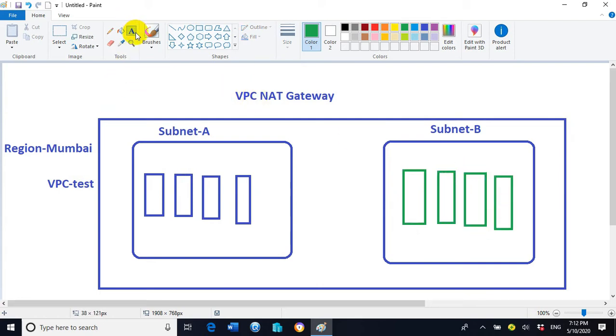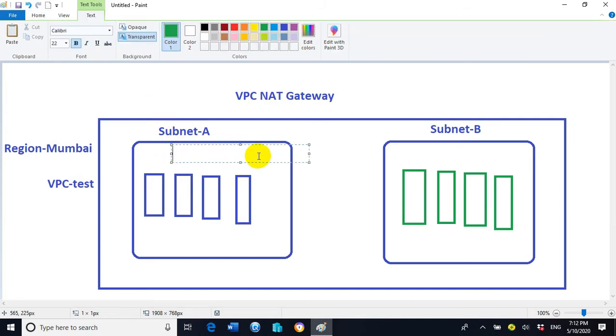We are assuming the EC2 instances inside subnet A are web servers, and we are assuming all the EC2 instances inside subnet B are database servers.